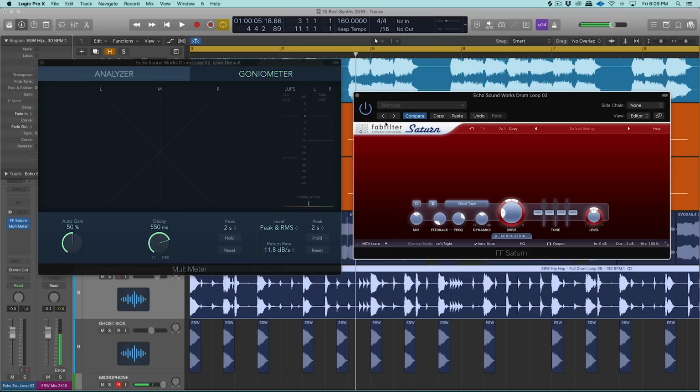rogue transients. So what we're going to do here is mess around with FabFilter Saturn. You can use any saturation or distortion plugin that you like. You can use stock DAW, doesn't matter. You just want to make sure that your frequency spectrum is the entire frequency range, so 20 to 20K. And you want to make sure that you're using some type of algorithm in the distortion or saturation plugin that's not going to overcolor the audio, right? So if I just turn up the drive, for instance, on this instance of our drum group here,